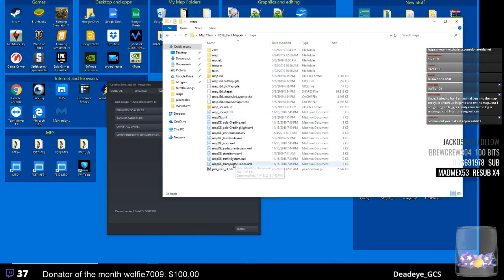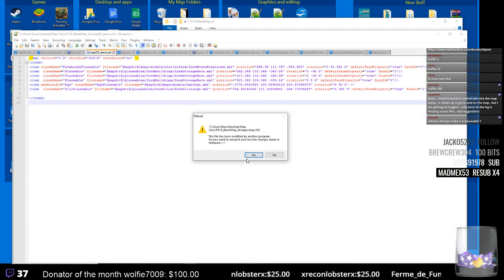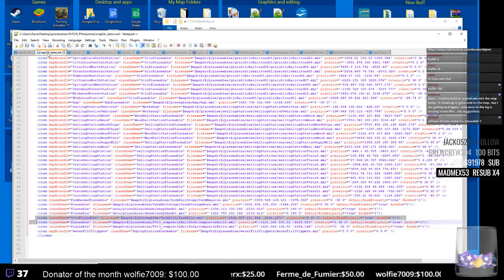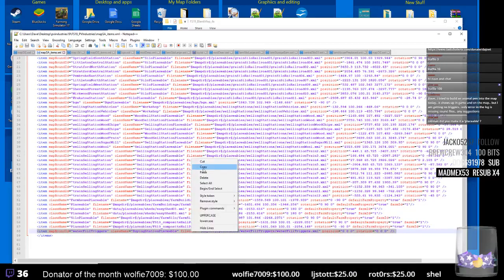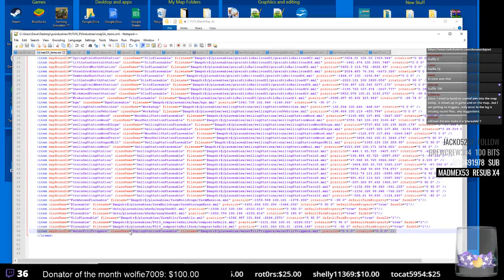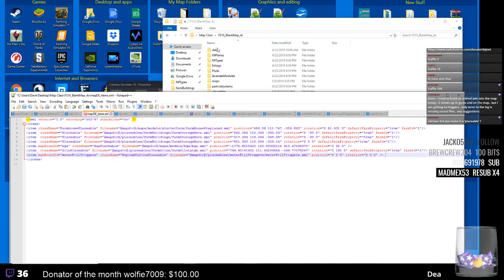Now going back to my map file, items XML, edit with notepad. I'm gonna jump over to my map SA items, grab this line right here because it is called the buying station placeable. I wanted to check that. Water fill triggers, class name is the water fill trigger is actually a buying station with 0 price on it. So we're going to put the item in, map bound ID, water fill triggers, class name, buying station placeable. It's in my map directory,